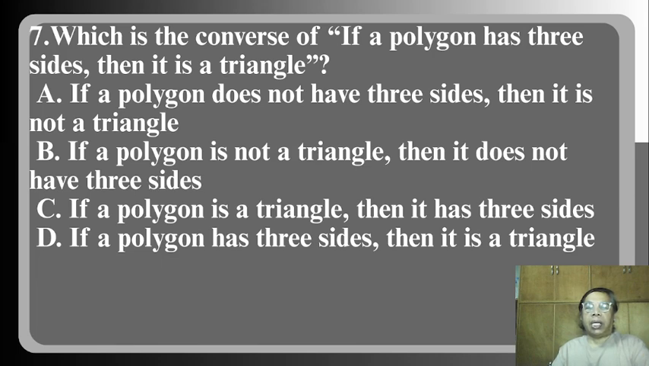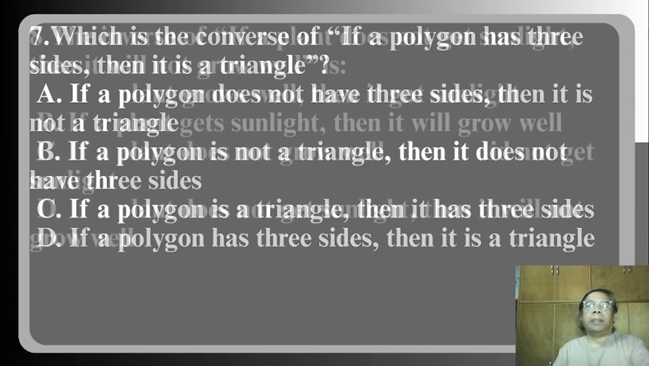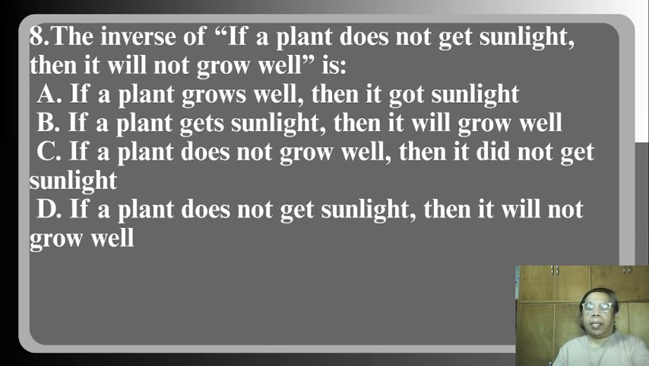Letter C. If a polygon is a triangle, then it has 3 sides. Letter D. If a polygon has 3 sides, then it is a triangle. Number 8. The inverse of "If a plant does not get sunlight, then it will not grow well" is letter